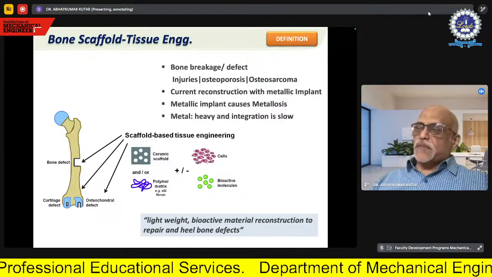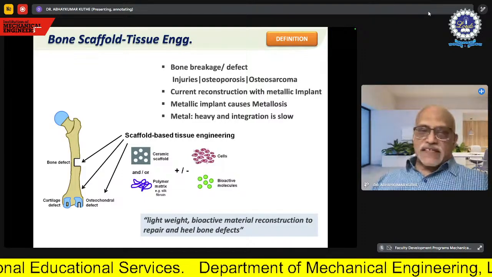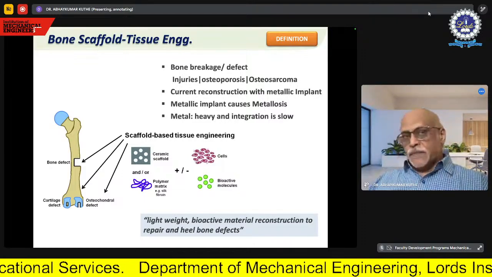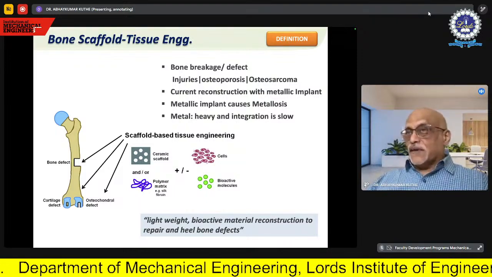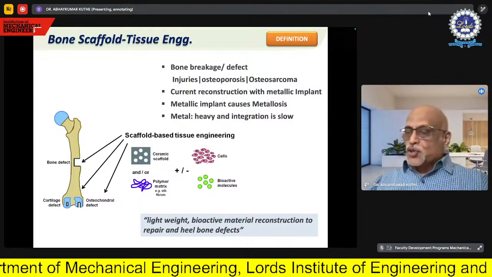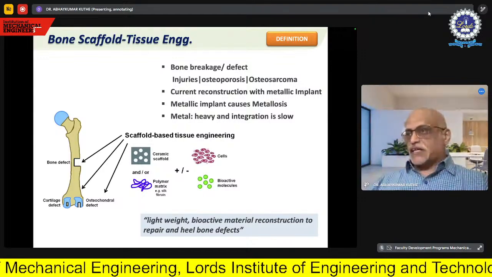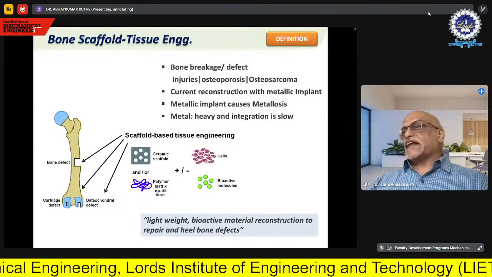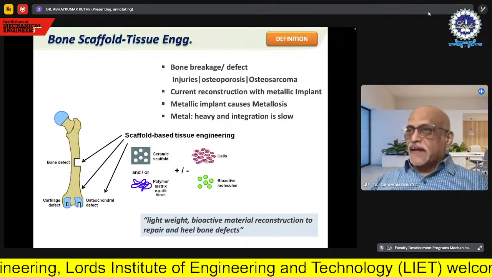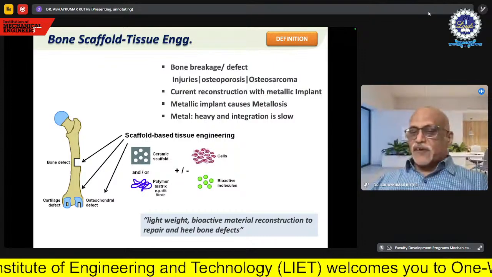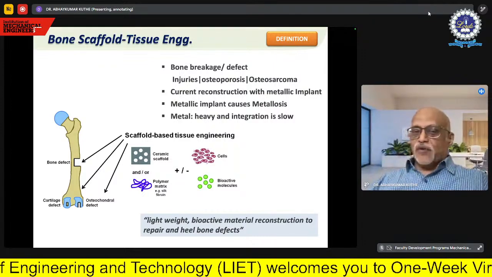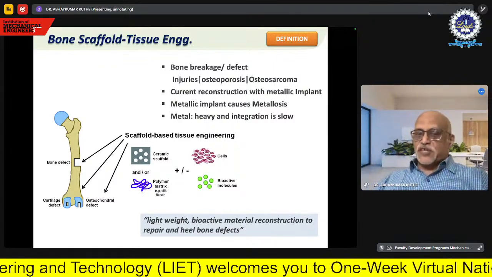So what is actually mentioned in the medical literature? They say that bone is to be replaced by bone. Tissue engineering talks about the same. It says that tissue is to be regenerated in the portion where you need an implant. If you can do that, it is like you are developing a bone, you are developing an organ. That is what we generally do in tissue engineering.